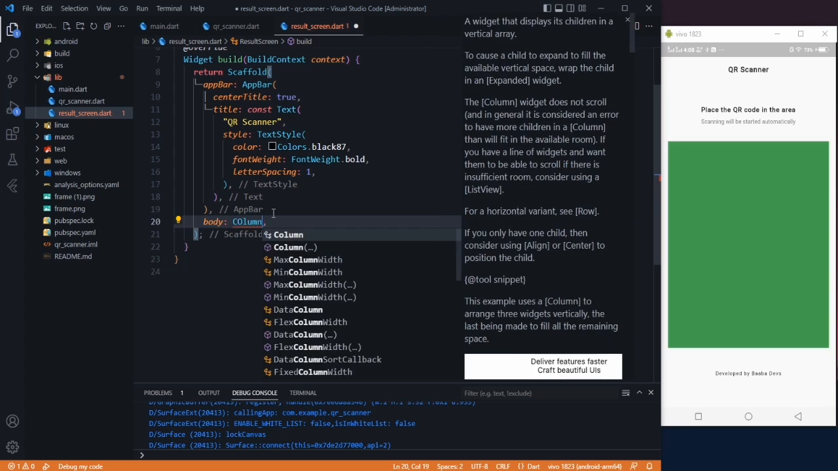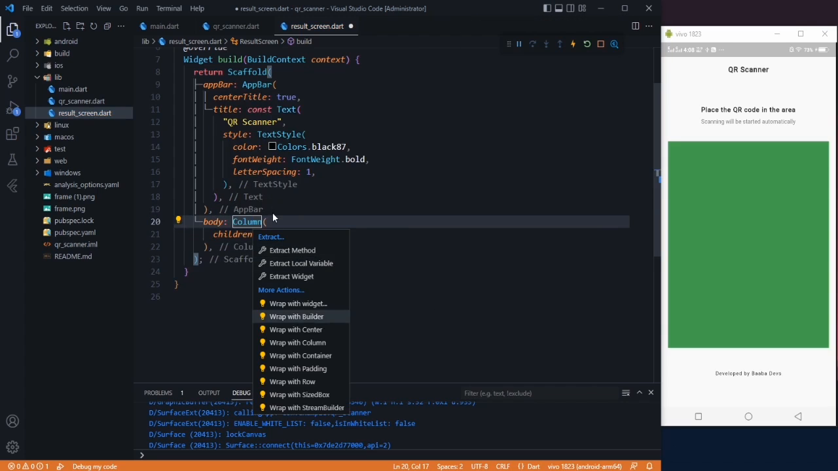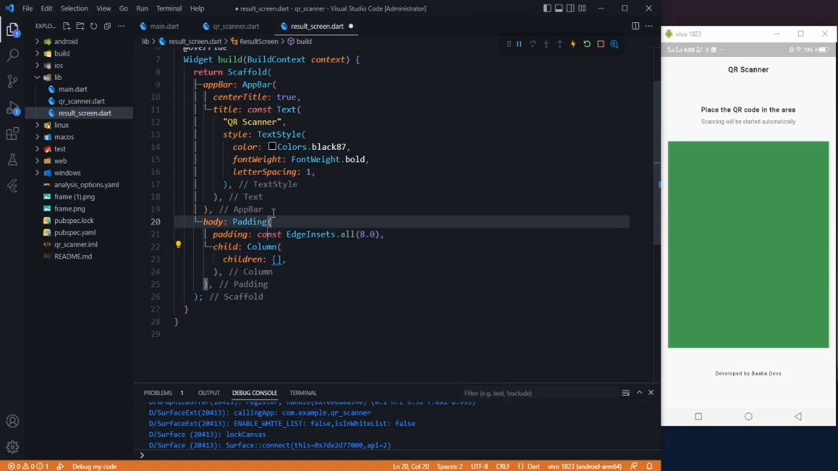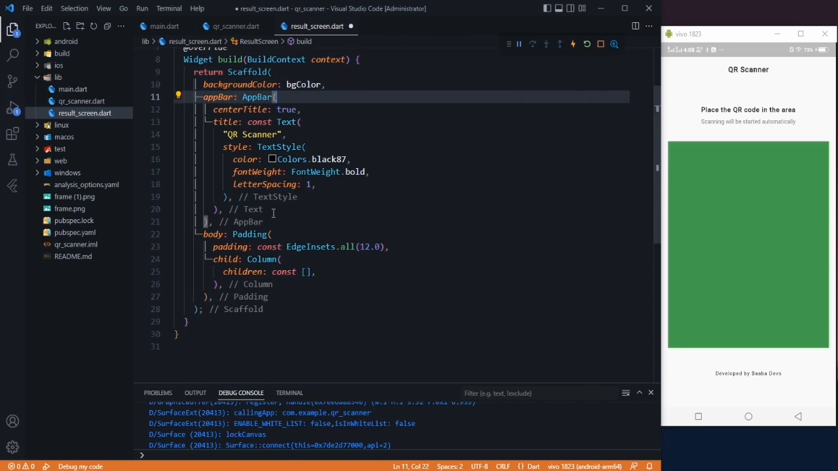and use a Column here with children, and wrap this column with the Padding widget and say EdgeInsets.all 12 padding, and also you have to change the background color of your scaffold to bgColor, which we just created. Okay, after that